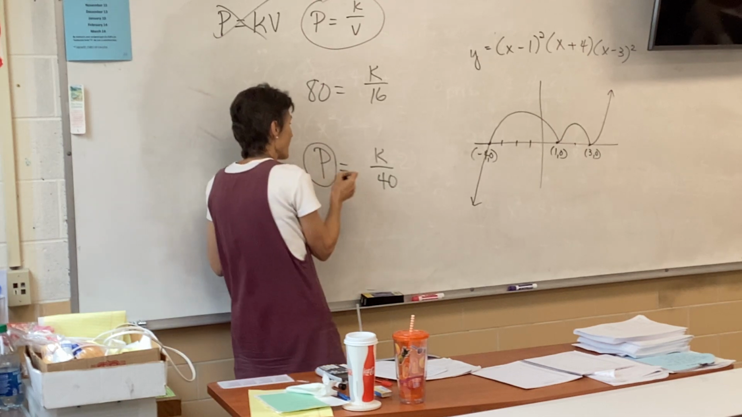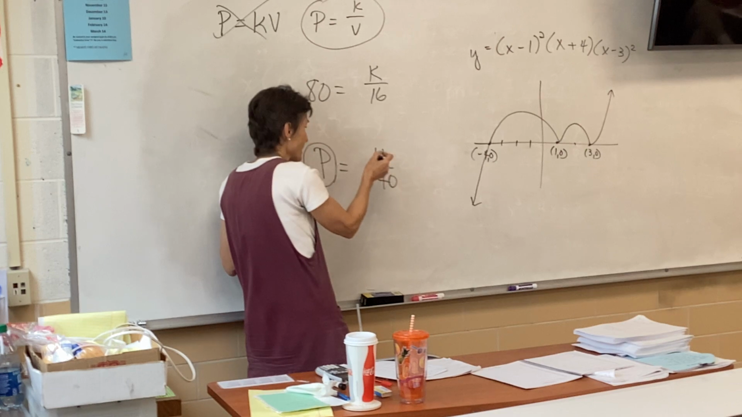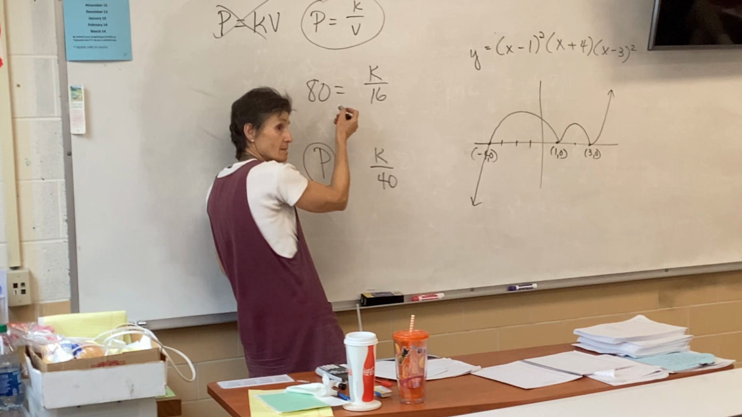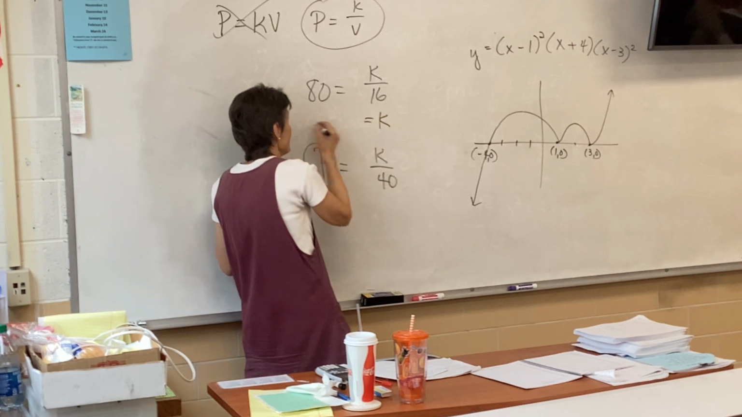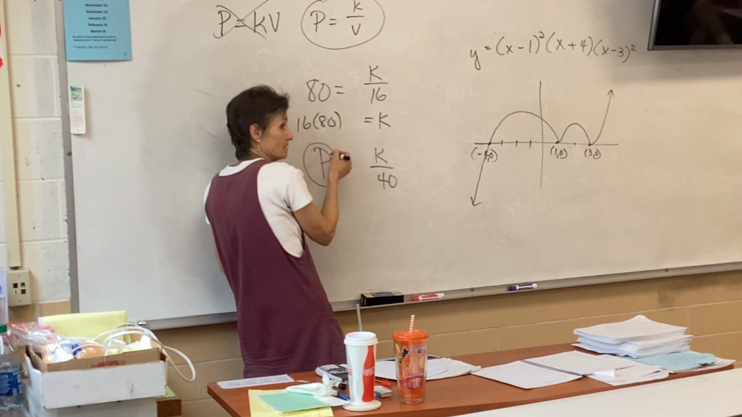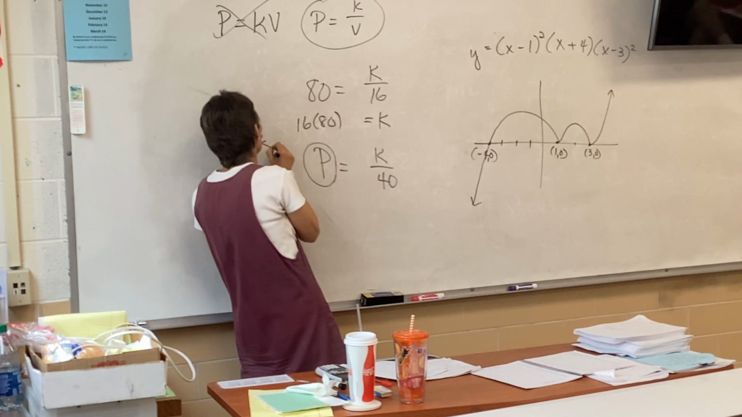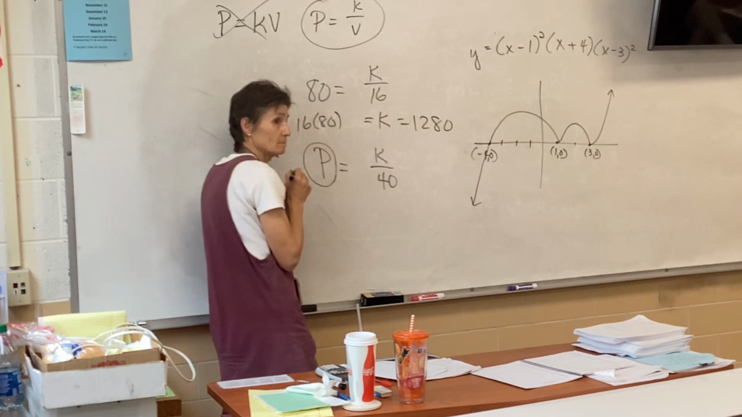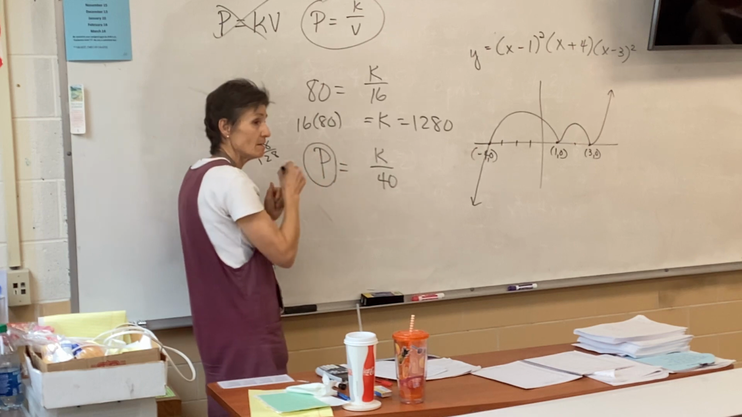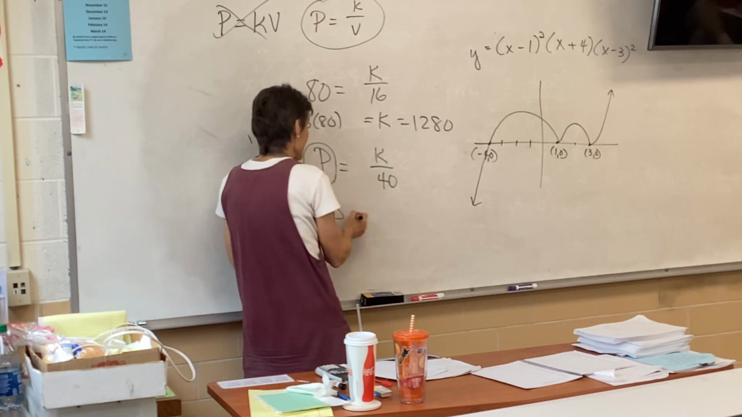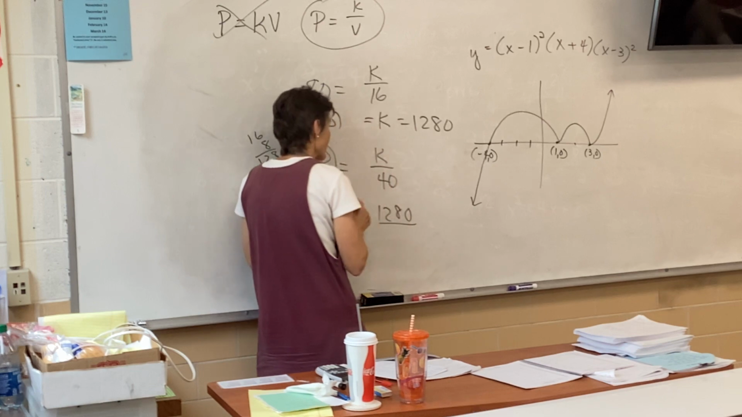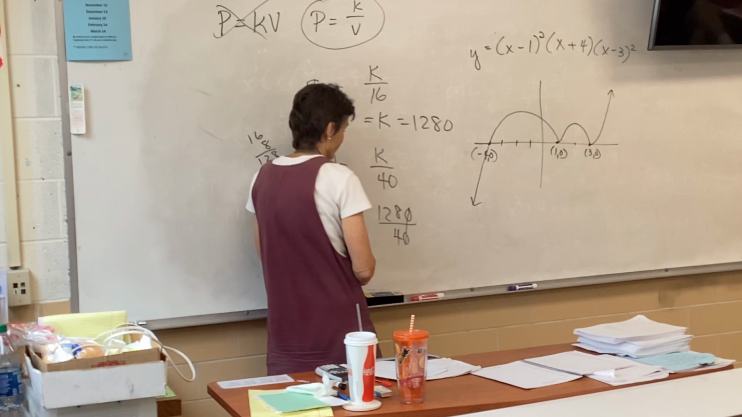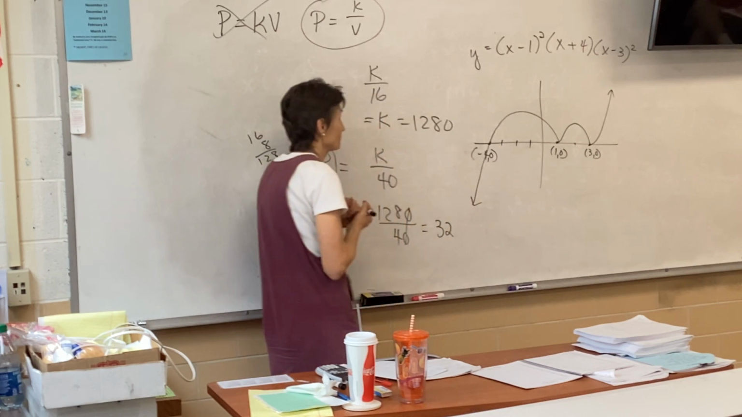But in order to figure that out, don't we need to know what K is? So we can take K divided by 40. So look up here, can we figure out what K is? Isn't K going to be 16 times 80? Which, I don't know what that is. 1,280. That's K. So P equals 1,280 divided by 40,